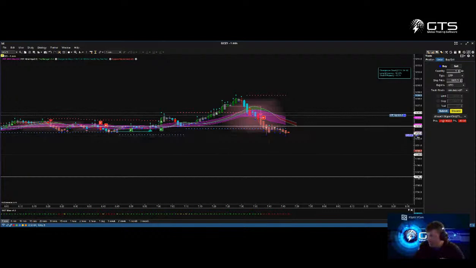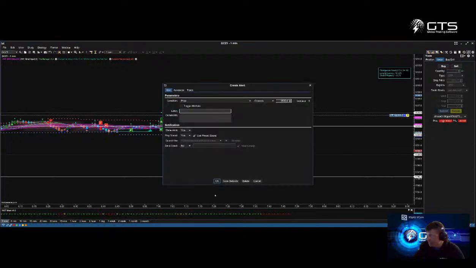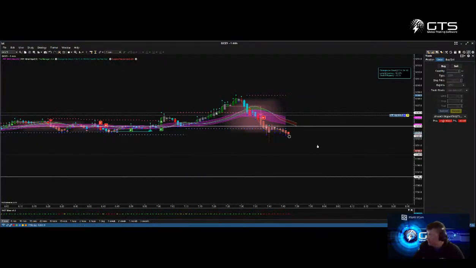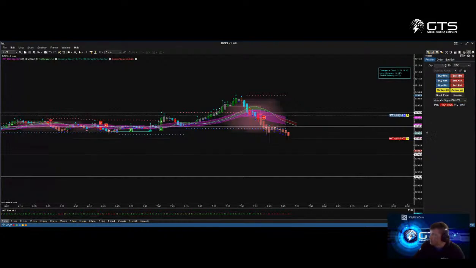So looking at it to break this level right here. I'm just gonna throw an alert right here so that I kind of, oh well, there it goes. All right. And we're down. We're heading down. This is promising. This is very promising. So promising. In fact, I'm going to add another. So now I'm too deep on it. Let's see how far she can go. All right, so